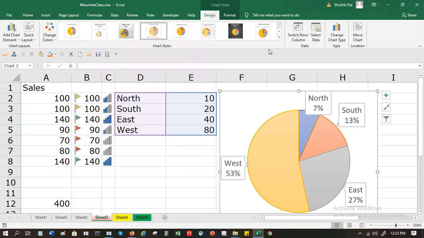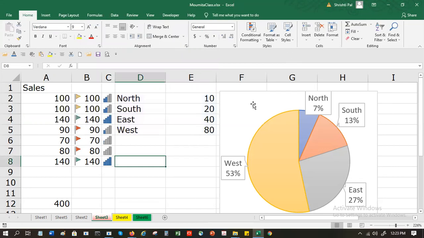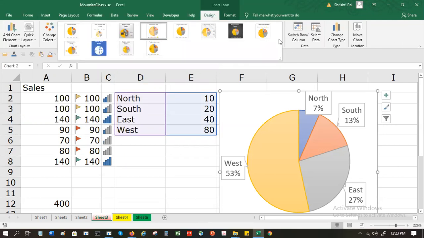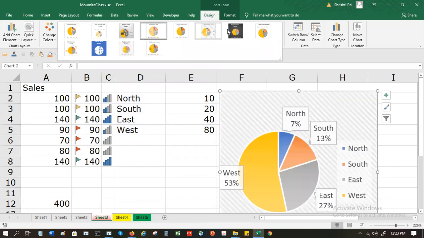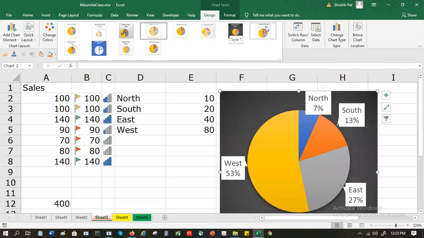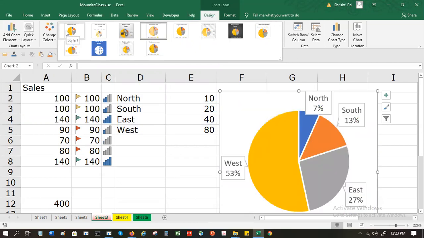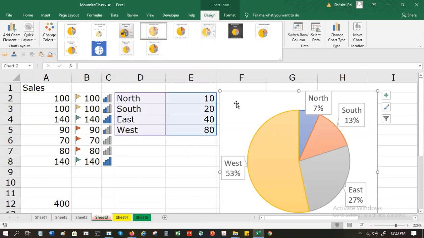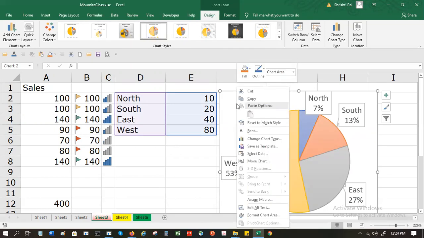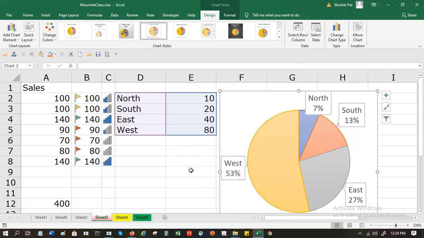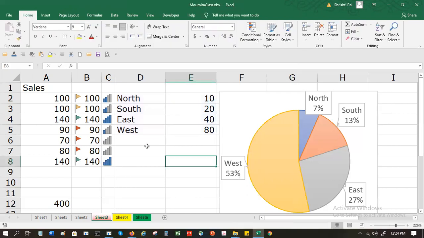So then what happens when I click on this, I go to these styles. See, each of them has a name here: Style 1, style 2, style 3, style 7, style 8. So these are all different styles which are there. Now, if I want to open it up, it is not displaying.